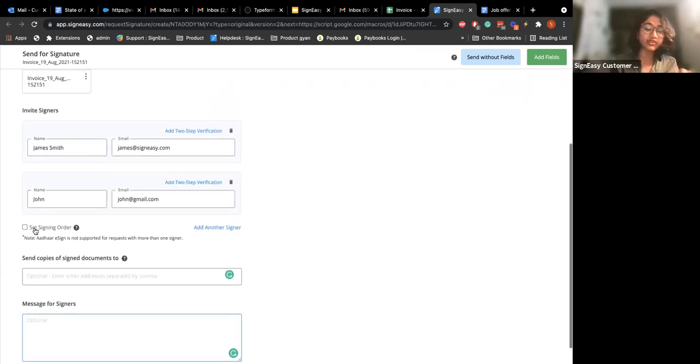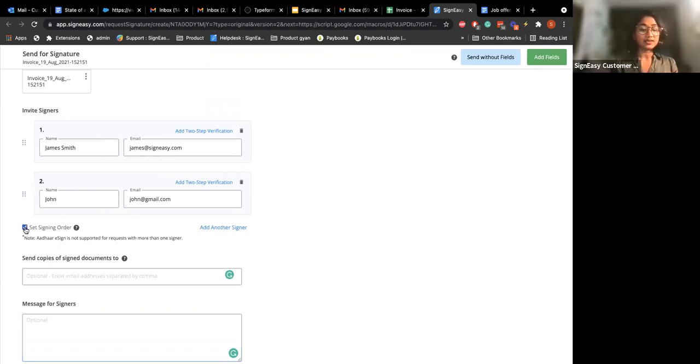But in this case, the most important thing that I'm going to do is set the signing order, because as Nisha had already mentioned, once I get an approval from my manager, only then I can send it out to my vendor, right? So I'll make sure that my manager is the first person to sign it. And then once that is approved, the vendor will automatically get notified,